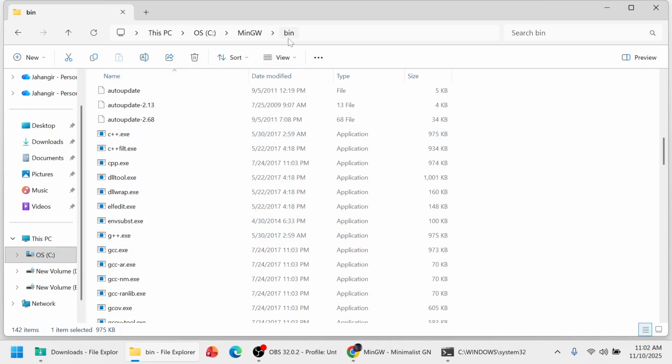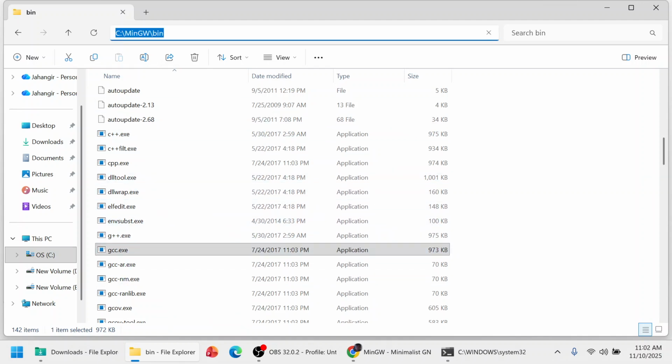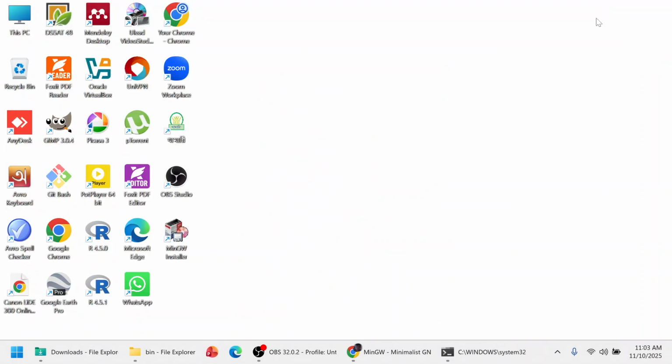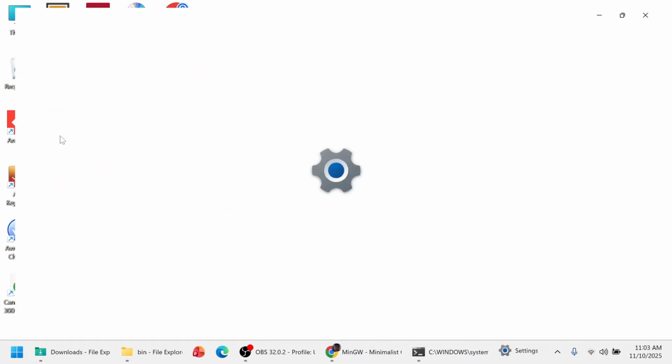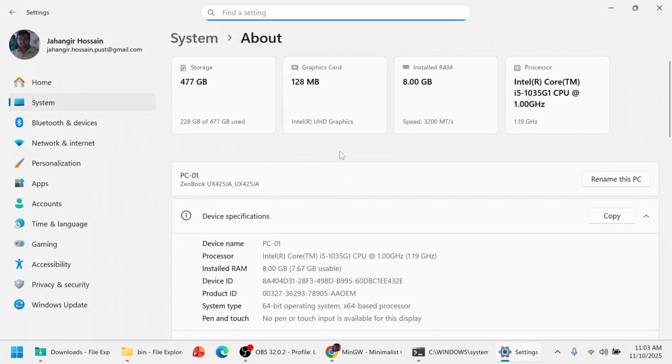So bin means binary. Okay, so we see gcc is here, so we will copy this path, which is actually C, then MinGW, then bin. To copy this, we will press Control C. Then I will minimize this. On the desktop, we see this PC icon here. I right click on this, and some options come up here. I click on properties, and then a new window from the settings will come up here, and here